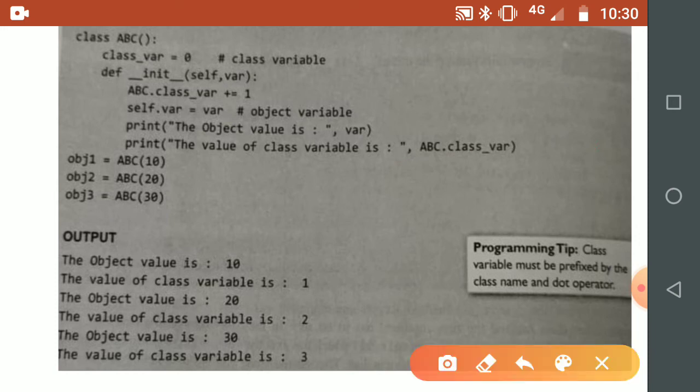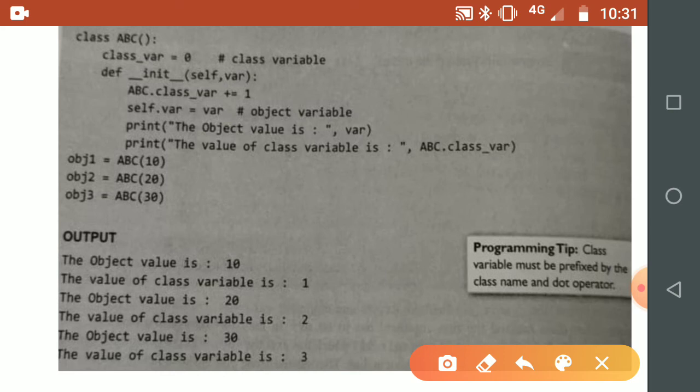Now what is the conclusion of this particular program? We have a class variable class_var, which is shared by all three objects of the class. It is initialized to 0, and each time an object is created, class_var is incremented by 1. So this is the conclusion. Since the variable is shared by all the objects, changes made to class_var by one object are reflected in another object.